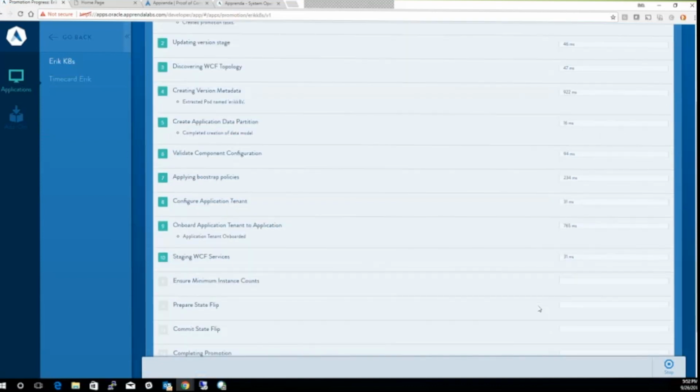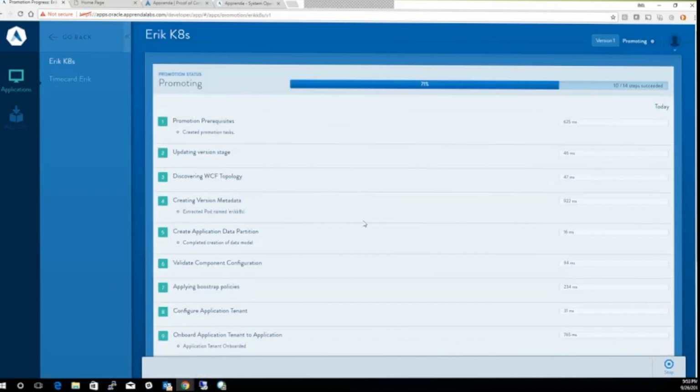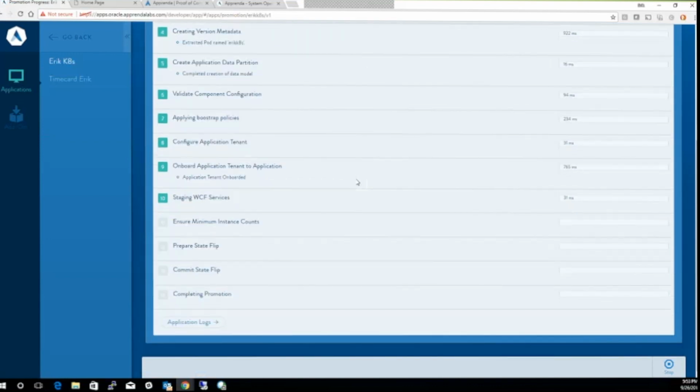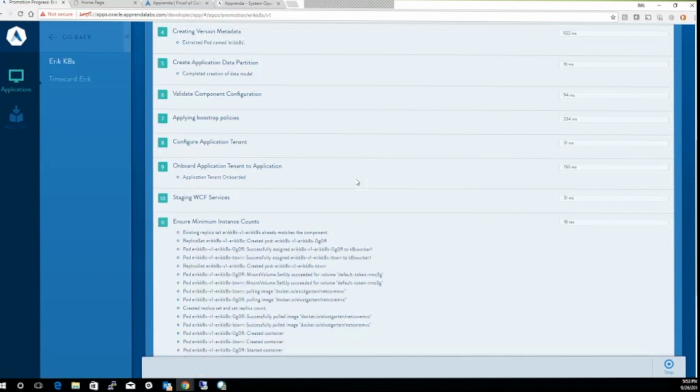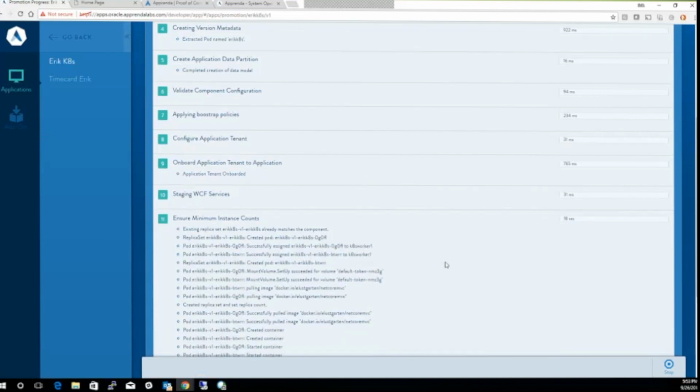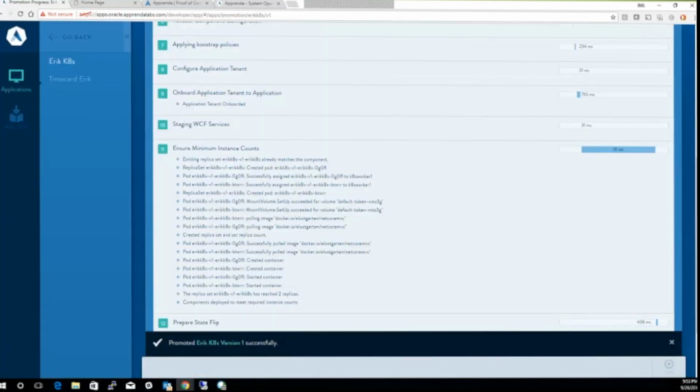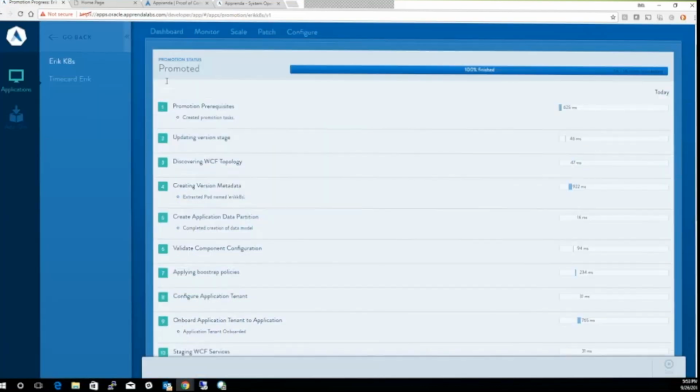It's actually going to start aggregating logs so I can change the log level on this system in the monitor tab, and I'll show you where that is. And I can actually grab the logs from the deployment, the logs being thrown by the pods. Apprenda is going to aggregate all of those logs and show them to me in a very easy-to-use manner. You see it's pretty quick. The application is now running in